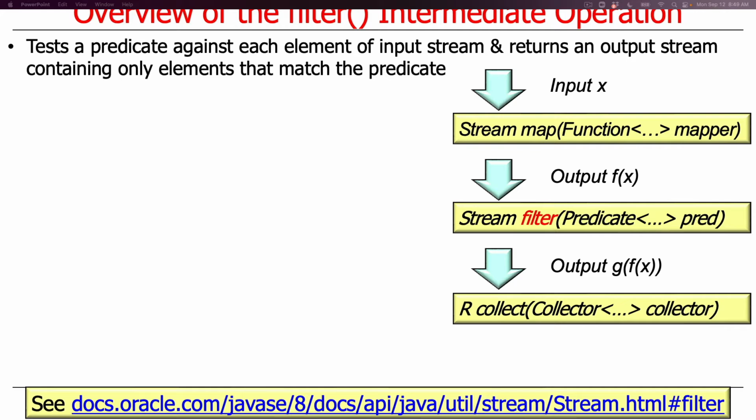Filter is something you're going to be doing a lot of. And so what filter does is it tests a predicate against each element of an input stream, and it returns an output stream containing only elements that match the predicate. So it's kind of like filtering something like flour or water. It's filtering things that you don't want to pass through the filter and only allowing things you want to pass